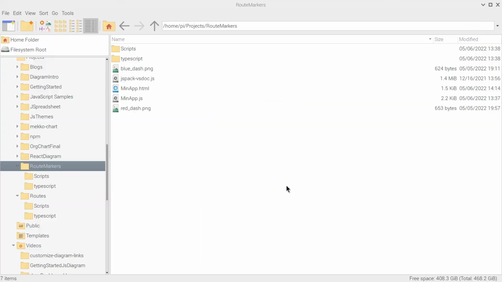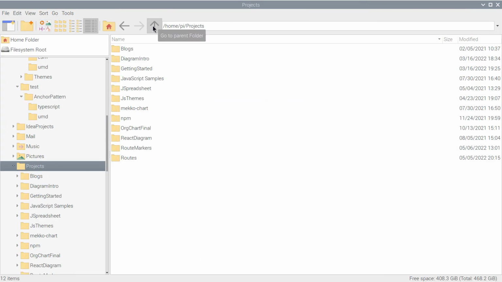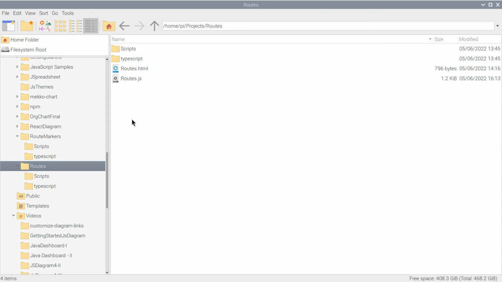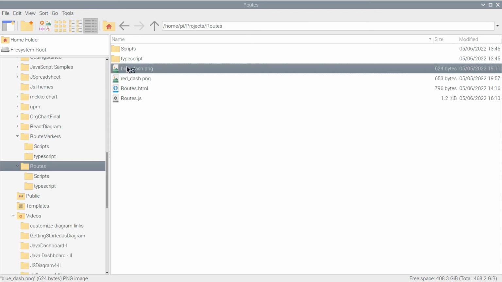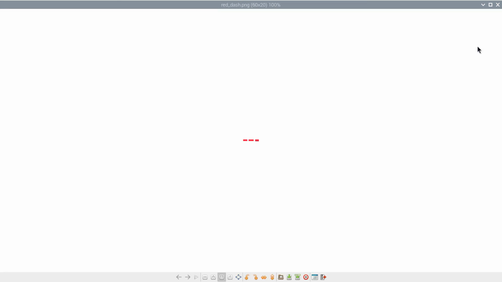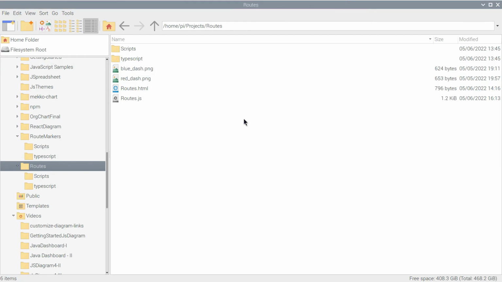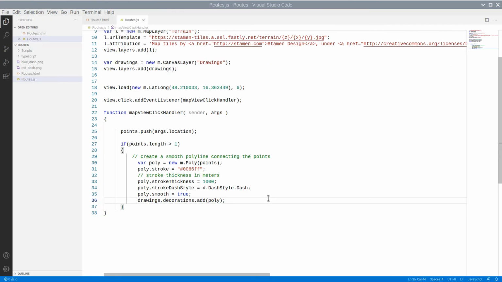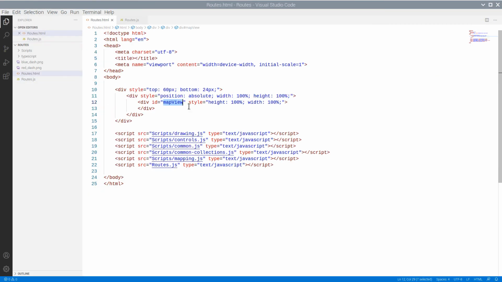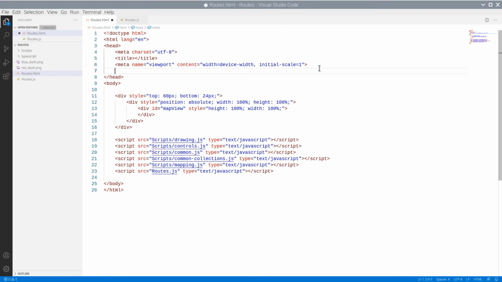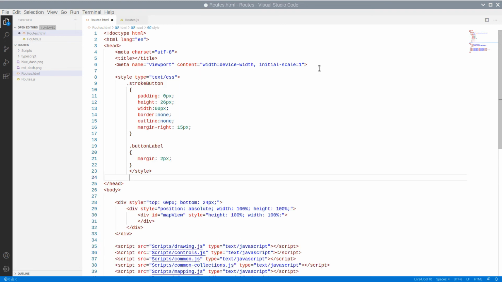Now we will copy 2 images, which we will use for the buttons. They represent blue and red dashed lines. We add now the CSS styles used by the image buttons.